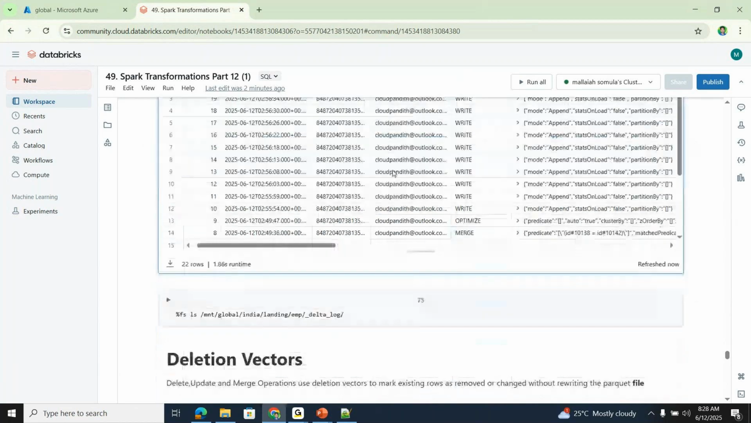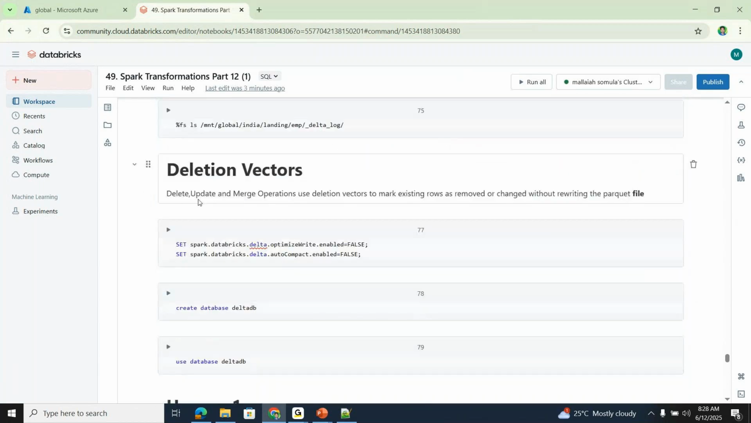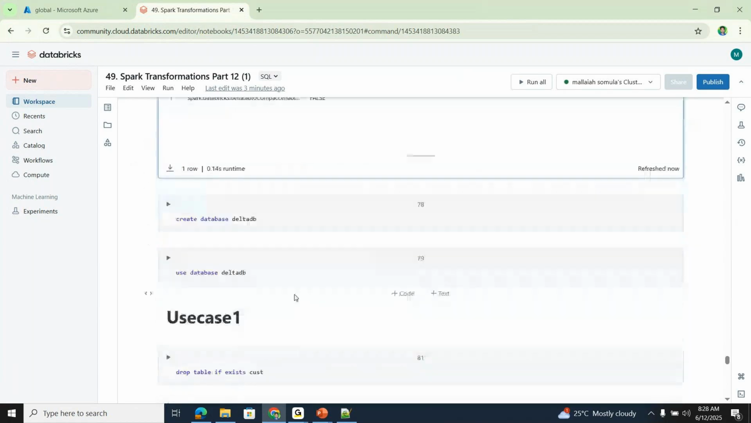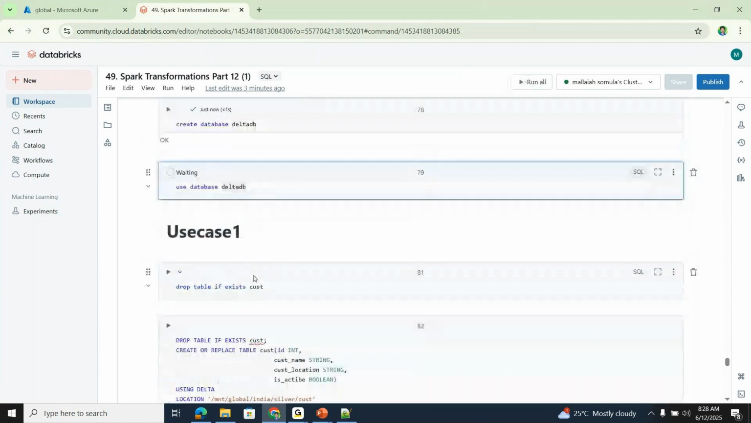Okay, so delete, update, and merge operations use deletion vectors to mark existing rows as removed or changed without rewriting the Parquet file. Okay, now let's look at it: create database delta db, use database delta db, drop table if exists